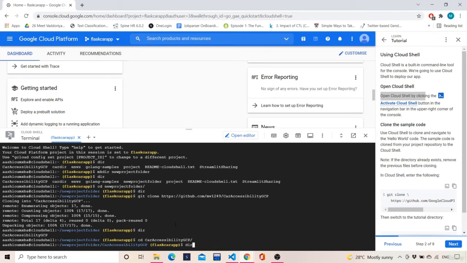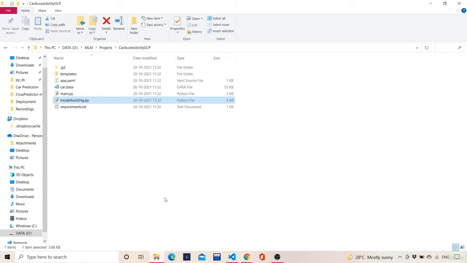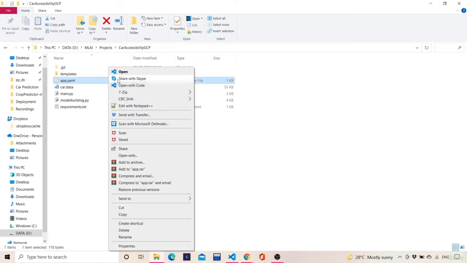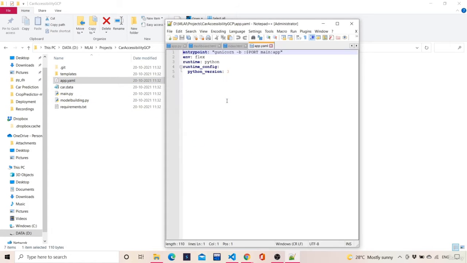Now if you press dir, you will get all the requirements like app.yaml, car data, model building, requirements txt, and templates. So the new file over here is this YAML file, which is very important for setting up the Google Cloud Console.